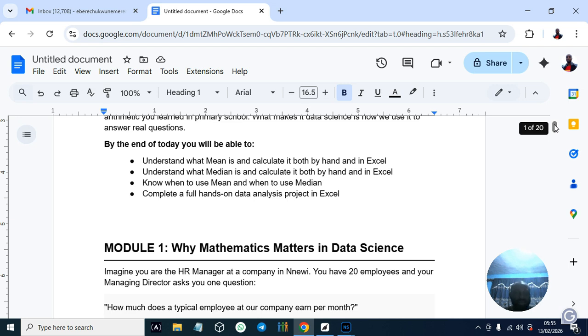You understand as well what median is and how to calculate it both by hand and by Excel. Another thing, you know when to use mean and when to use median, right? At the end of it, you have a complete hands-on data analysis project in Excel.